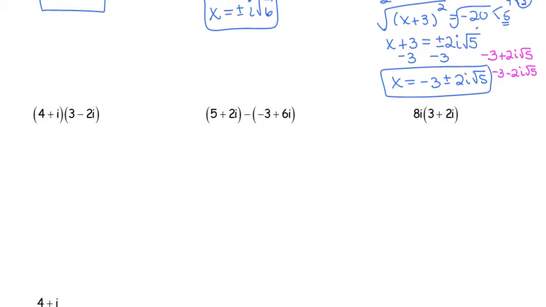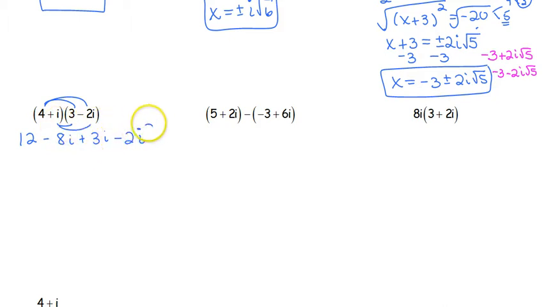Now let's review our operations with these imaginary numbers. If I am multiplying, we have to FOIL binomials. So 4 times 3 is 12. 4 times a negative 2i is a negative 8i, plus 3i